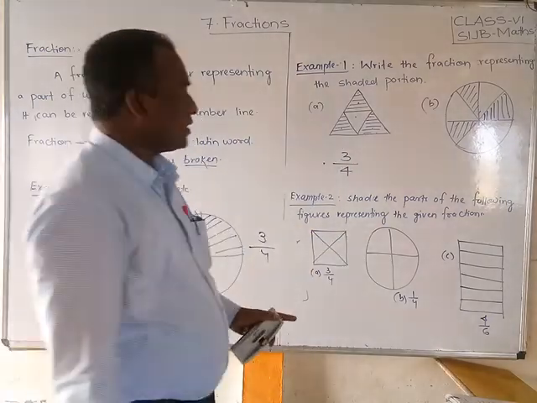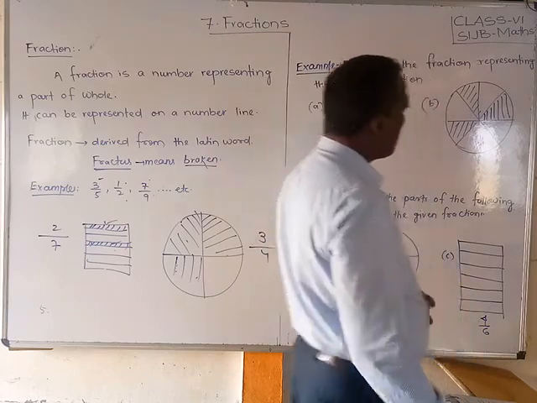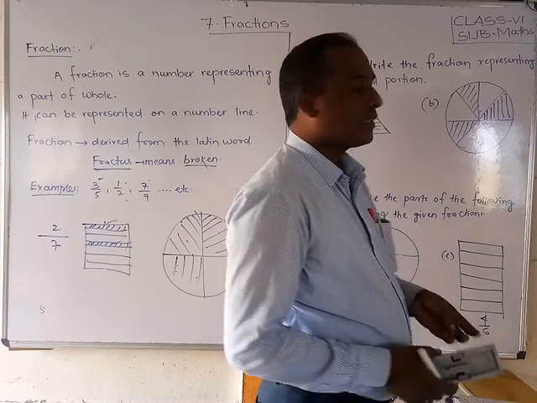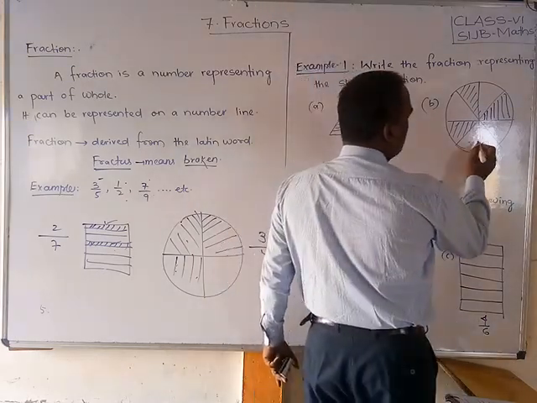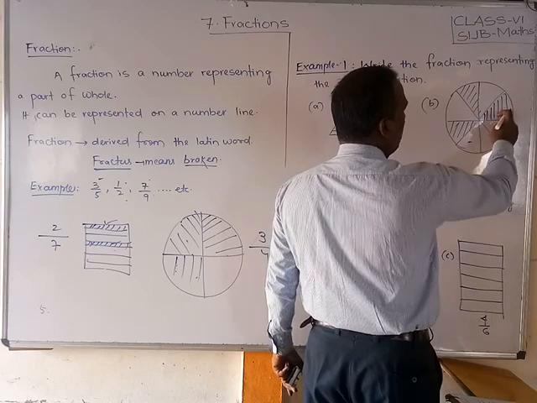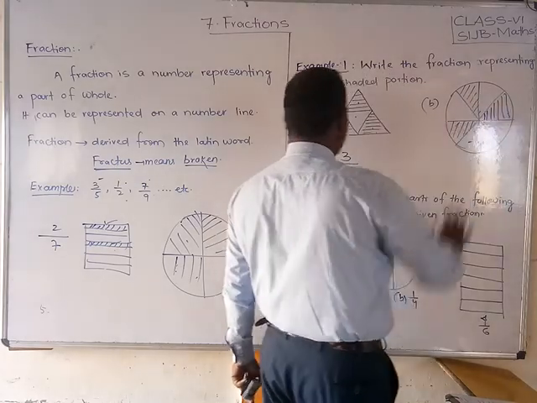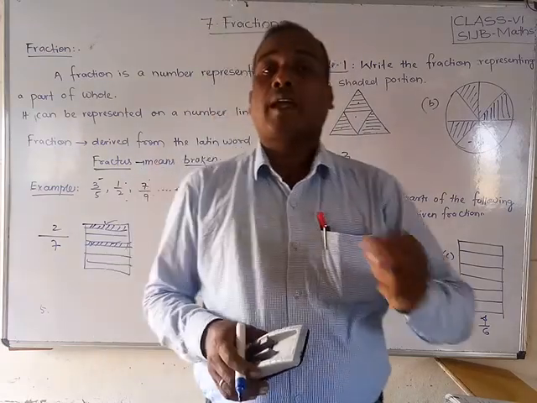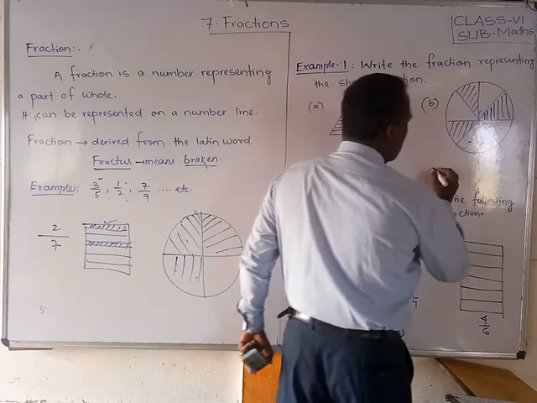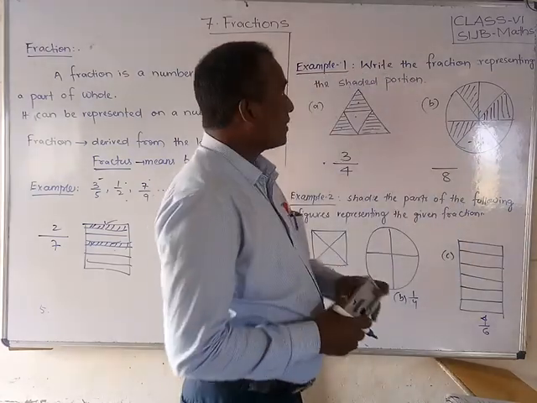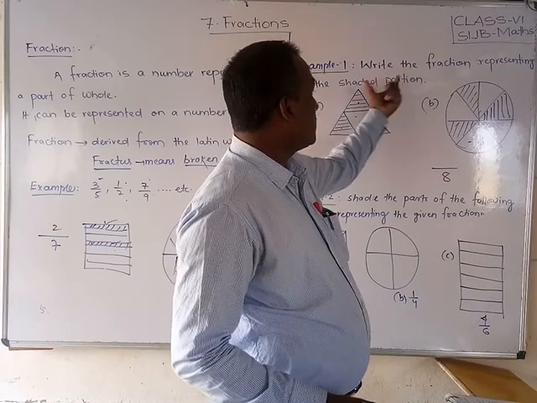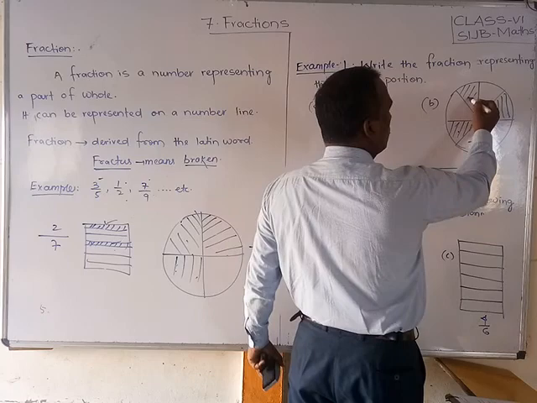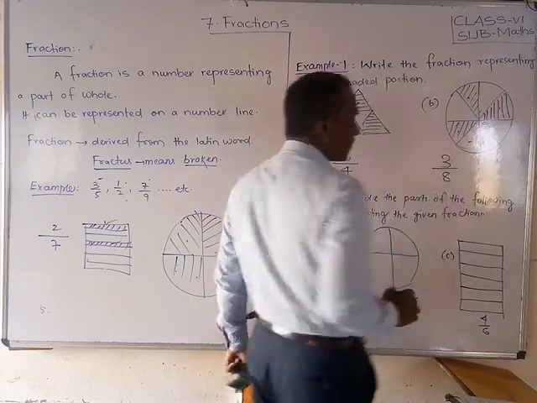Okay. Now in the same way we can do the second picture. First of all, see the circle and how many equal parts it has been divided into, that you have to count. First from here, count 1, 2, 3, 4, 5, 6, 7, 8. That means total 8 parts. The circle is divided into 8 parts, so the denominator is how much, friends? 8. And what is it asking? Write the shaded portion, that means represent the shaded portion. How many shaded portions are there? 3 are there. 1, 2, 3. So we can write 3 by 8.